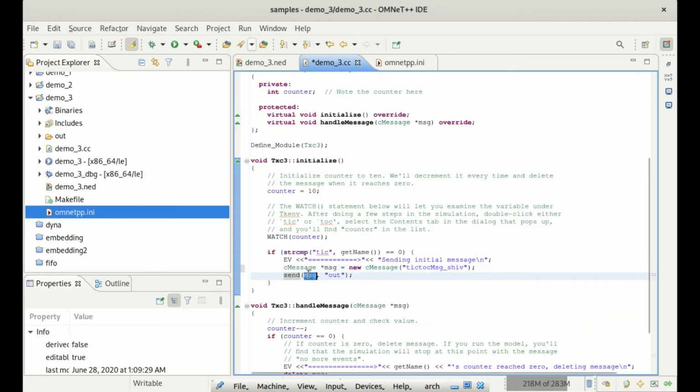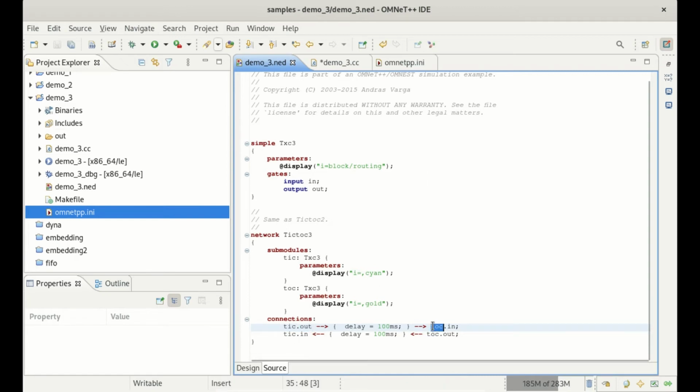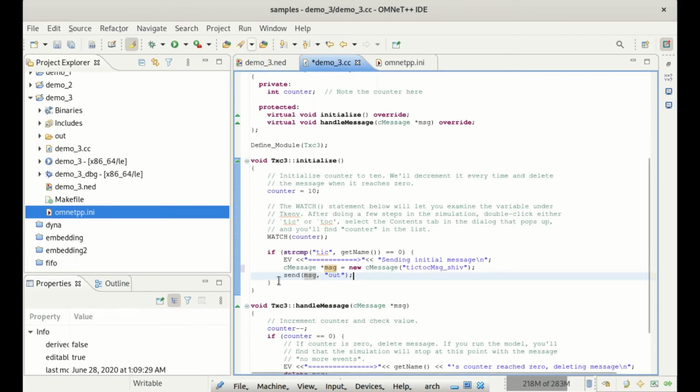Here we are passing the object of the message class and the out gate. So tick has an in gate and an out gate, so this message will pass to the out gate. Here, the tick out gate. So from the out gate the message will go to the talk in gate with a delay of 100 ms. This is the meaning of this code.